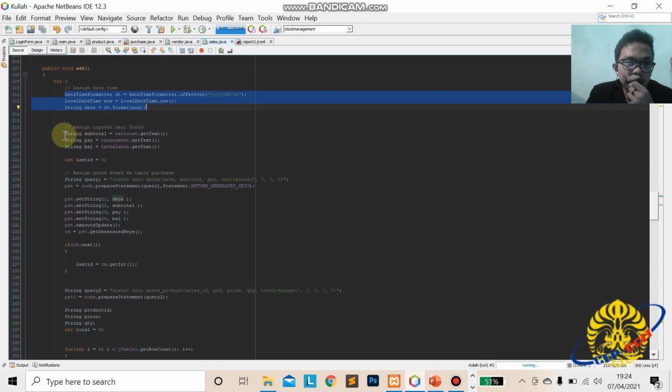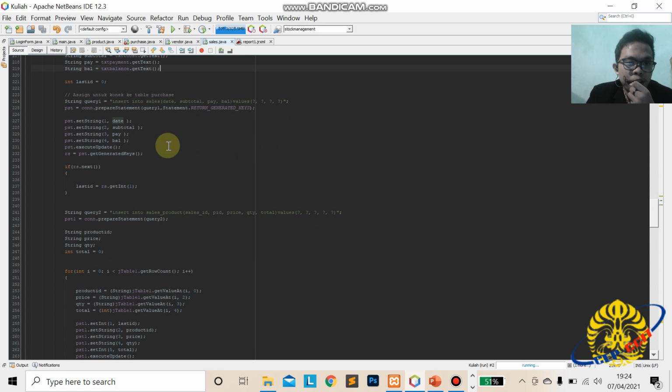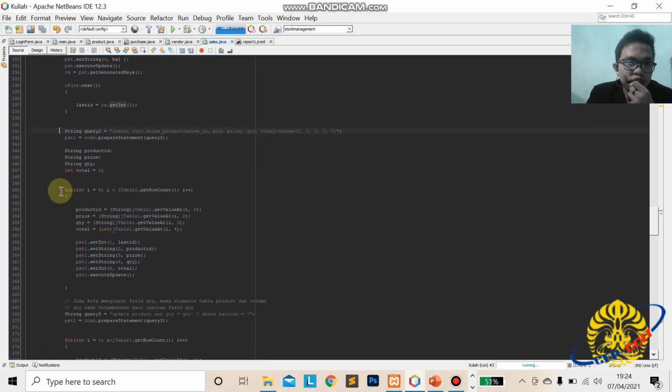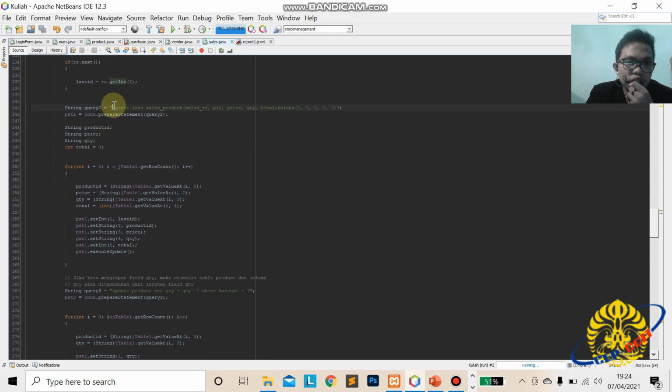This is assigned to subtotal, payable, cost text, payment, balance, and the ID for the product ID. Then insert into sales. This is insert into the sales table in SQL, and then set string to the table, generate keys, then result set next. If the product table gets integer 1, then this string query 2 is for the sales product.